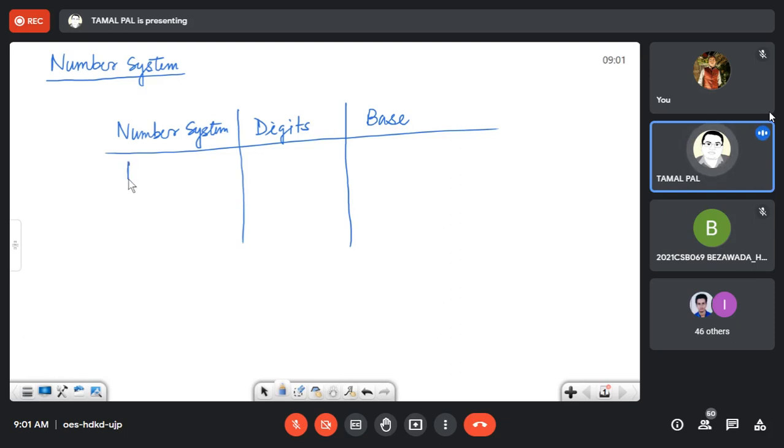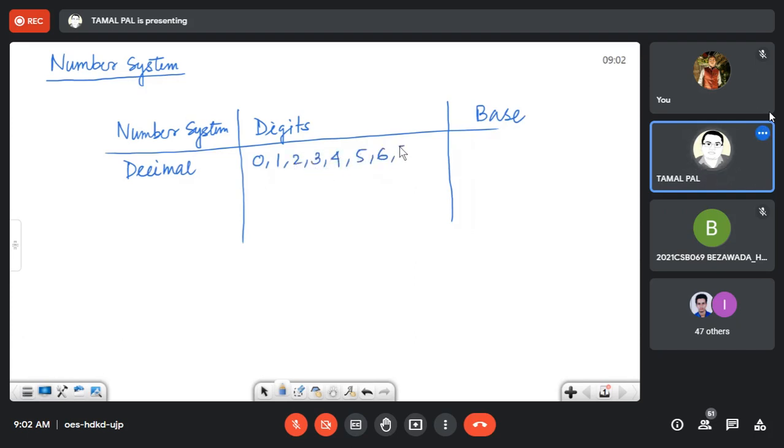The most popular number system is decimal. We use it, and digits are okay. I have a mistake in forming these lines. Better make it: